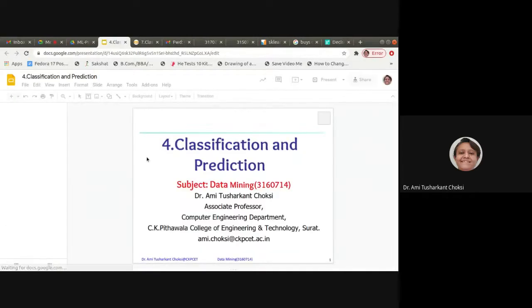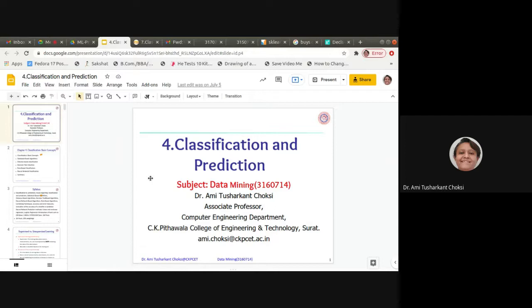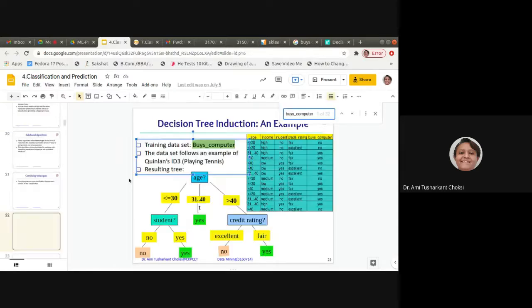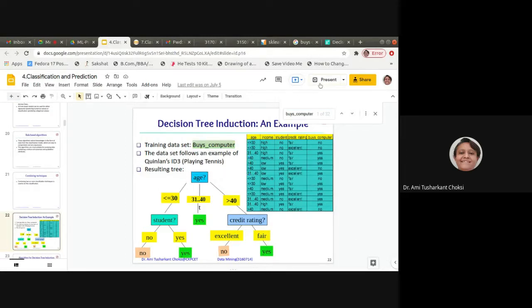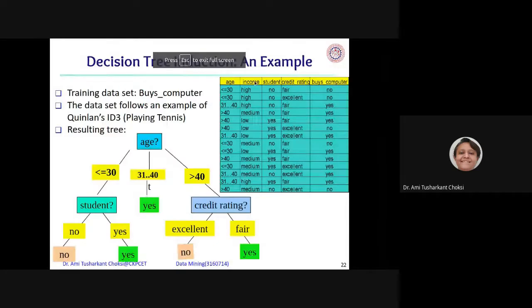This we used in our previous subject, if you remember that. This is the data set which we are having. To understand the decision tree, this is the data set given to us.